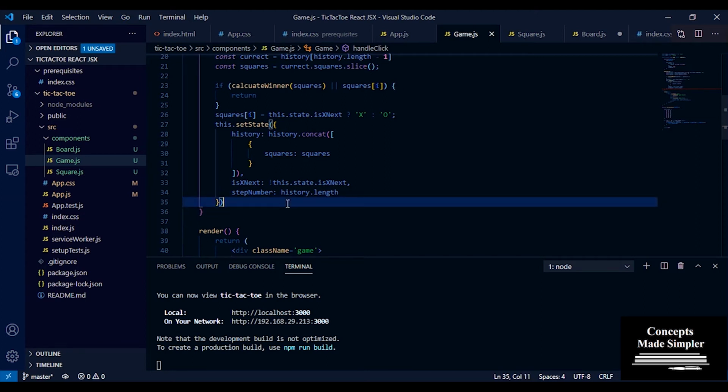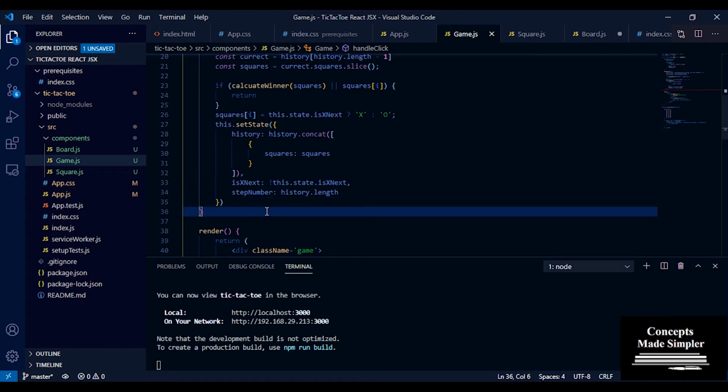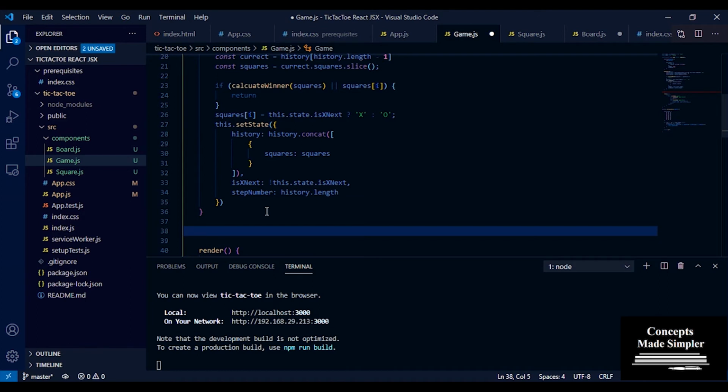All right, and what more we want to do is create a jump. So if we are at the 10th state, we want to jump to the 5th state, right? We want to go 5 steps back, so we'll be numbering them. That's why we gave step number. And if you want to jump to the 5th step, we need to set our information accordingly.